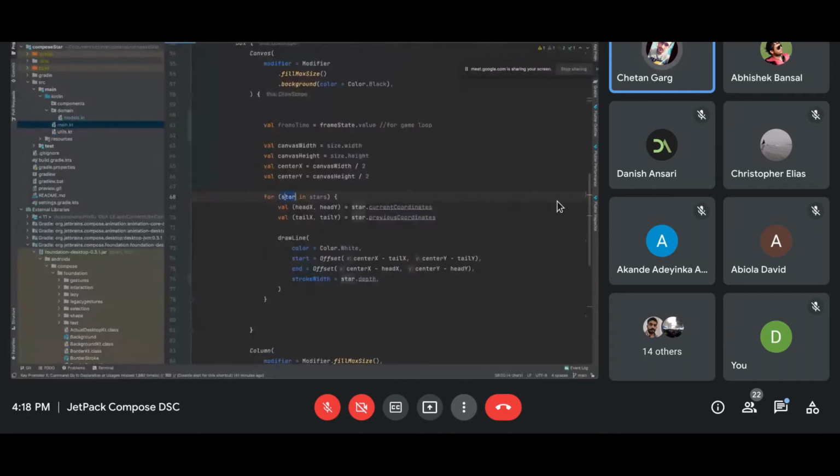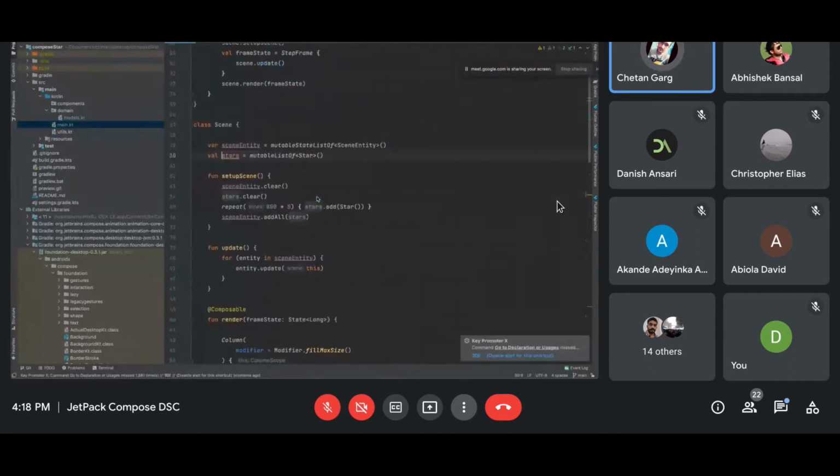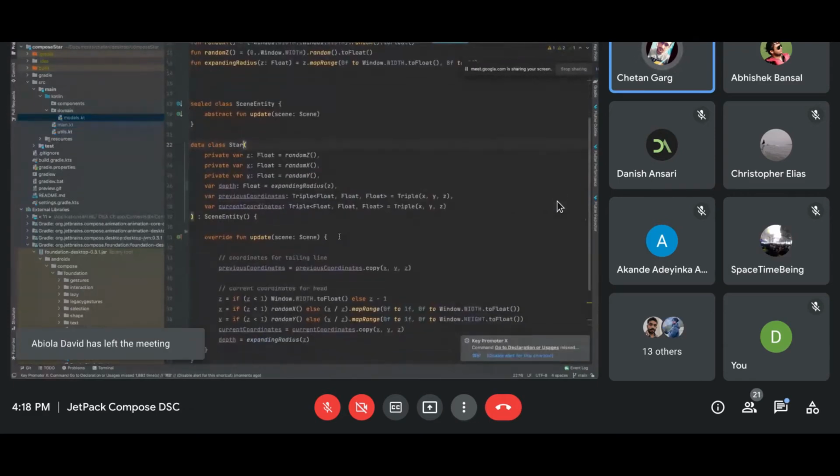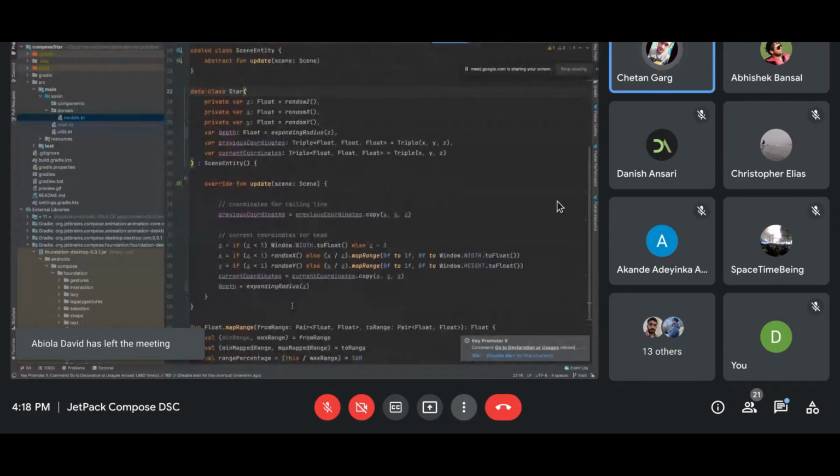I am using a custom class. You can say I'm using a list of stars, right? What I do is set up my scenario, set up my scene. Into that I add 800 to 5 times the stars, right? So this star is the data model, how the star system will behave inside the environment, inside my setup, right?